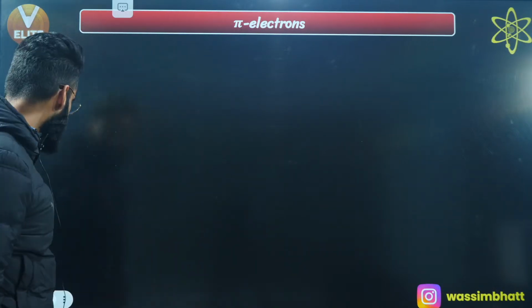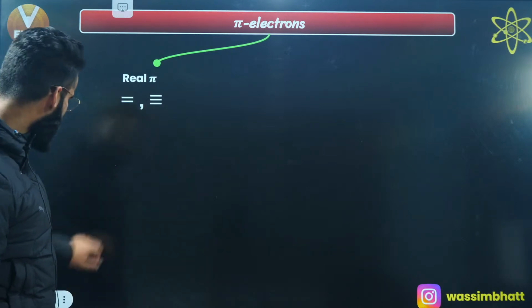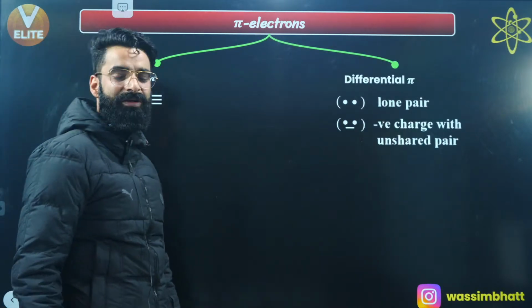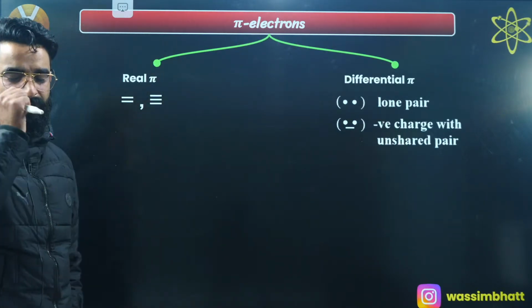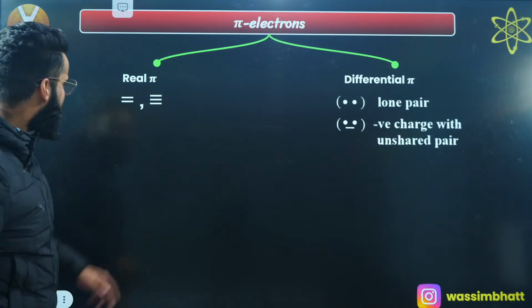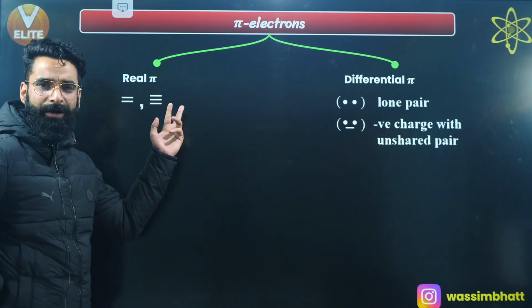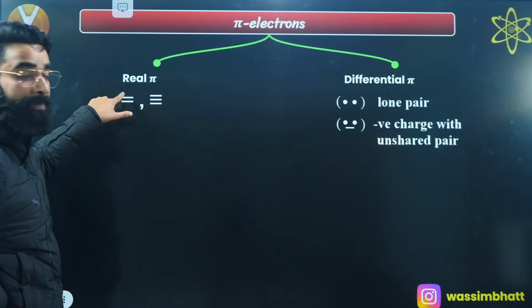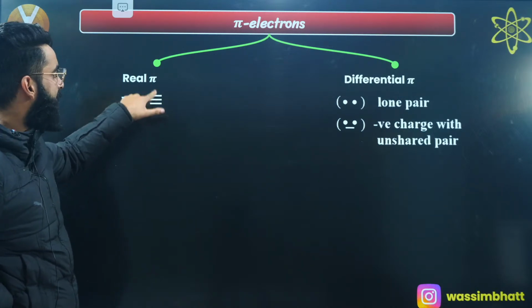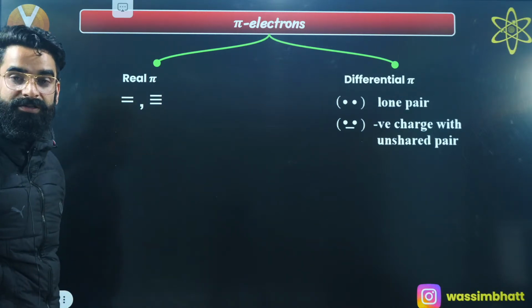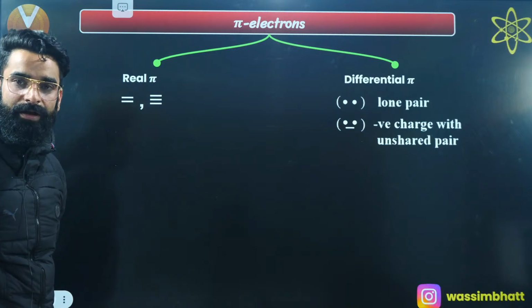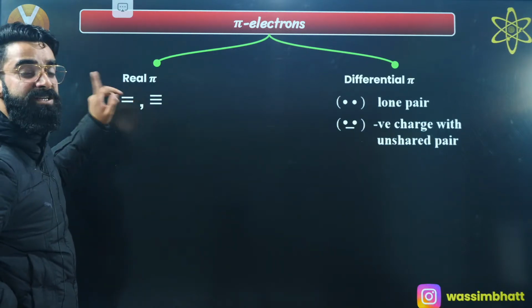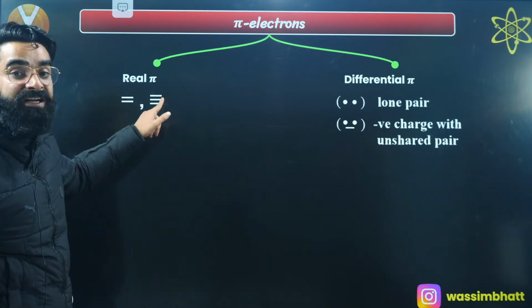Pi electrons are actually of two types. One is called a real pi electron and one is called differential pi electrons. What are real pi electrons and what are differential pi electrons? See, if you have a double bond or triple bond, you have pi electrons. A double bond contains 1 sigma, 1 pi. A triple bond contains 1 sigma and 2 pi electron pairs. So basically, the pi electron pairs which are involved in the double bond and triple bond,